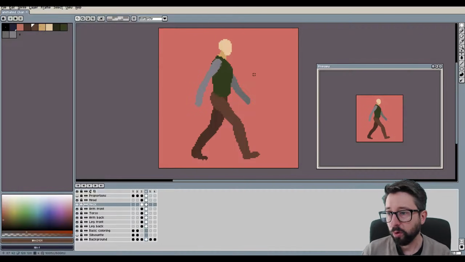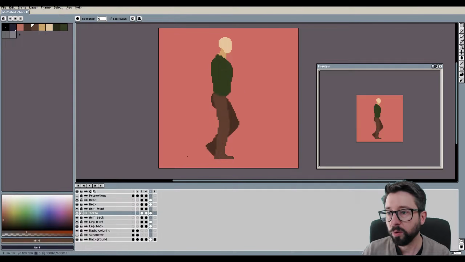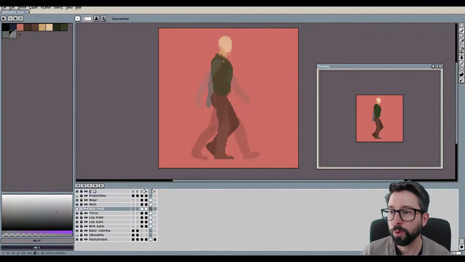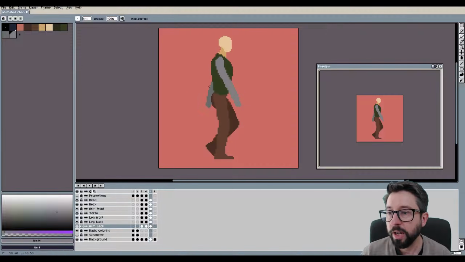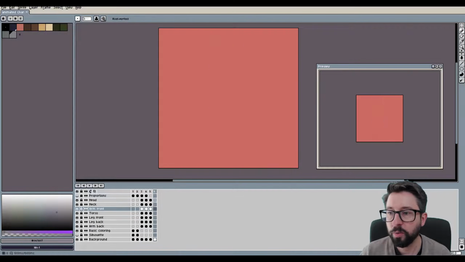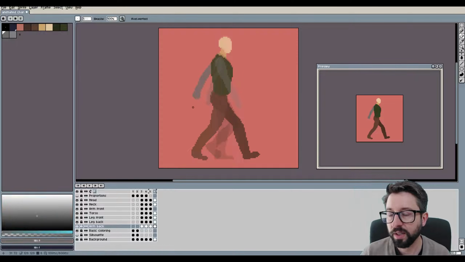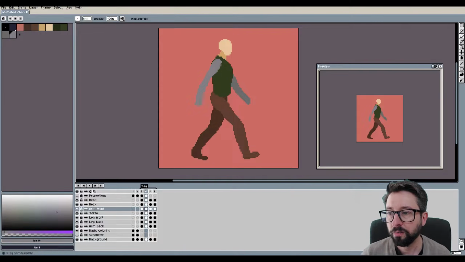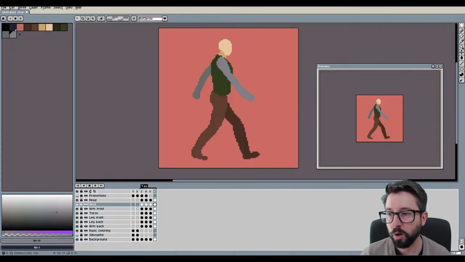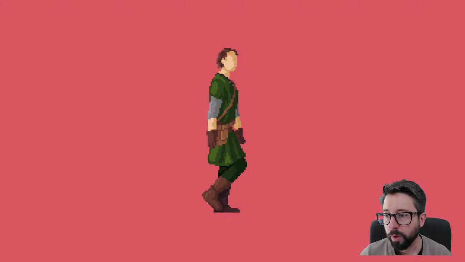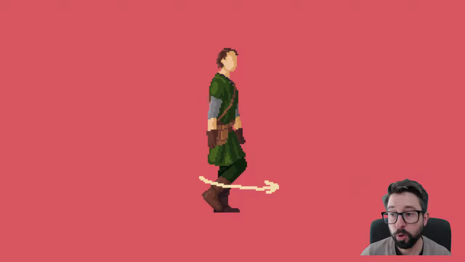So then I started with 4 different frames for the animation, and those 4 frames already capture the entire loop. And refining the animation later on to look more smooth is then a question of adding more frames in between those existing 4 frames. So the 4 initial frames capture the following 4 stages of the walking animation. So we have one frame with both legs and arms close to the character's torso, with the front leg being in a forward motion and the front arm being in a backward motion. So it's important to always have these things going in opposite directions. Otherwise it would look very unnatural, and this is not how humans walk.